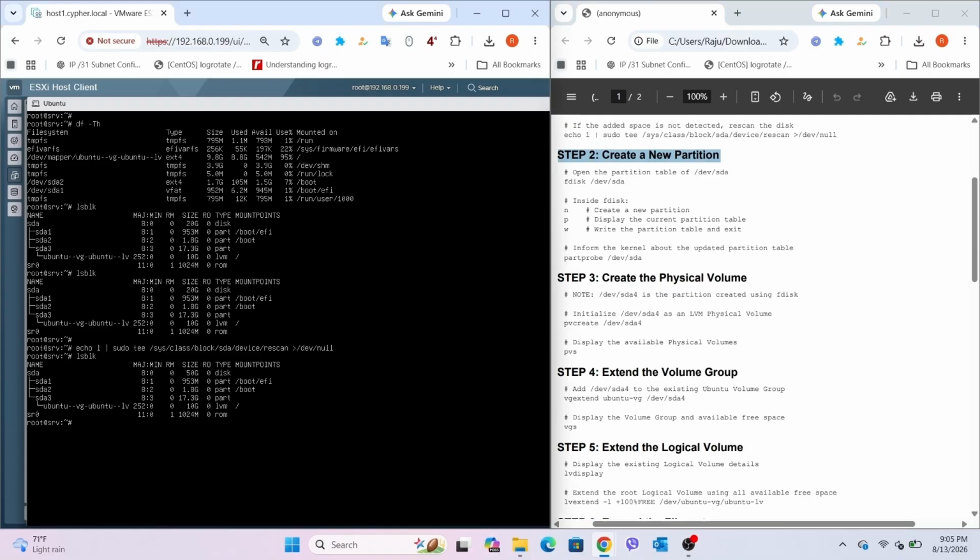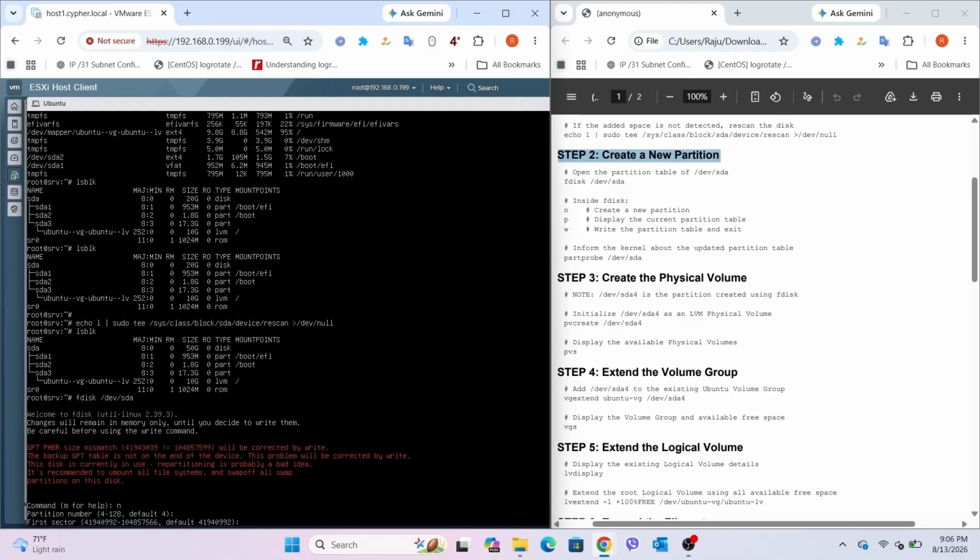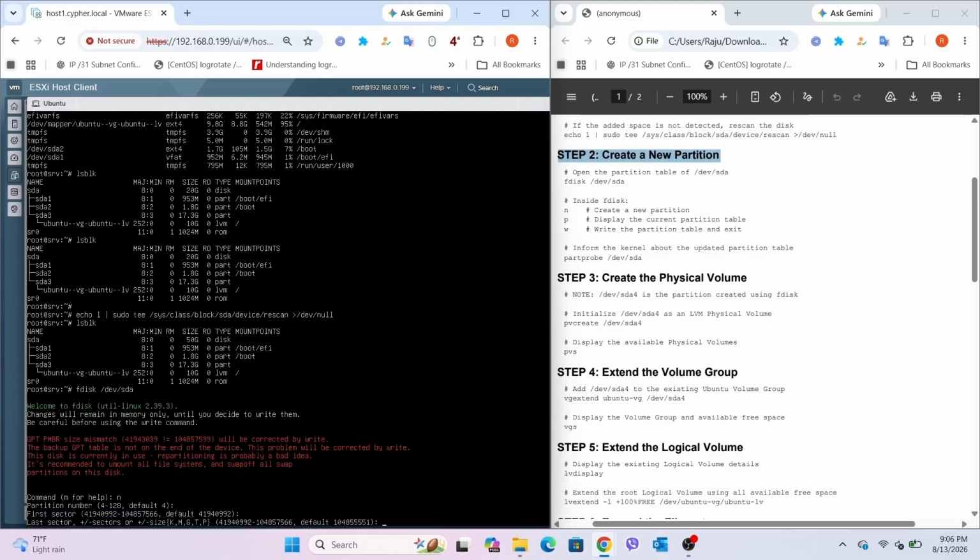Step 2. Create a new partition. Next, we need to create a partition using the new space. For that, we'll use fdisk /dev/sda. Inside fdisk, we create a new partition. We use the n option to create the new partition. Then we select the appropriate partition number. In this case, we are creating